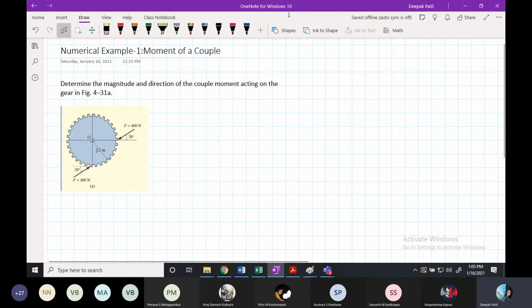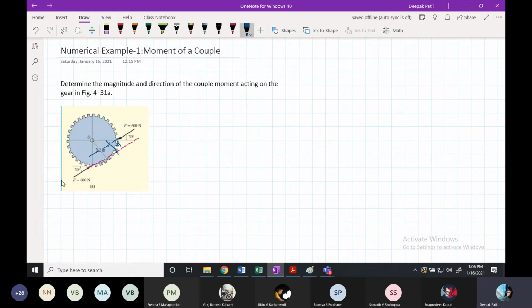And if I extend the line of action of this force, I can see that these two forces are parallel to each other. And I can also see these two forces are in opposite directions. So I can be sure that these two forces are forming a couple. Now you need to find the moment of this couple. To find it, you actually need this perpendicular distance D, but finding this D directly is a very tedious job.